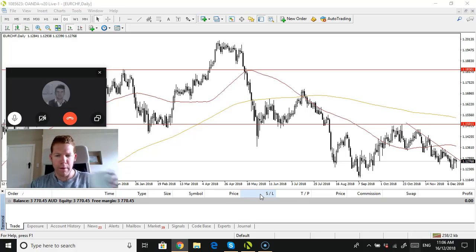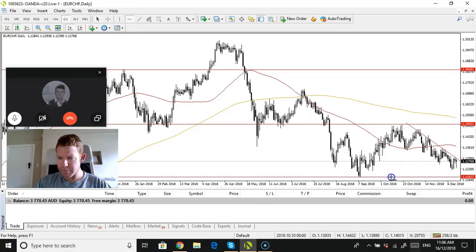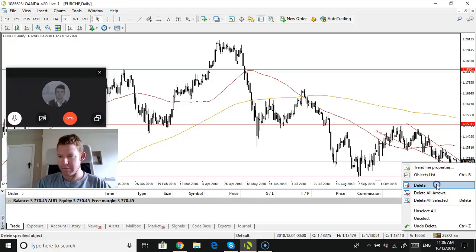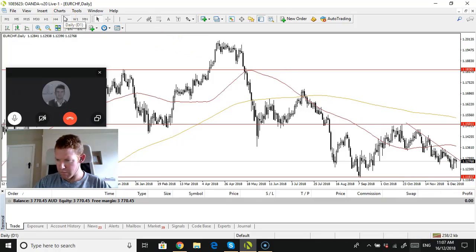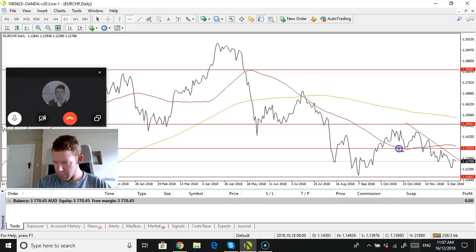Okay, so you've got a channel, if you will. You've got the highs touching a trend line on an angle, and the lows touching a trend line on an angle. I've also got horizontal trend lines around about the 1.134 mark. So for it to come up again and touch not the horizontal trend line, but the incline trend line,